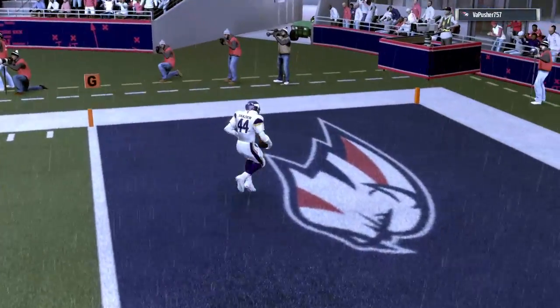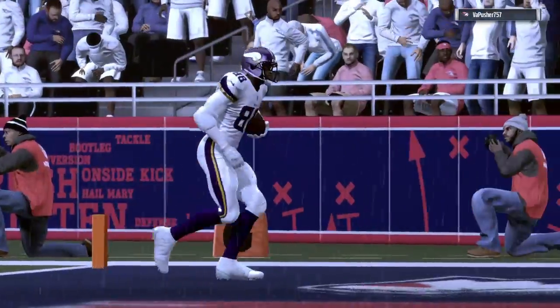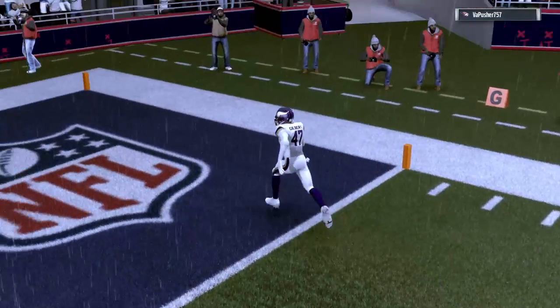So for Minnesota, it's an important win in terms of staying in the postseason race as they move to 6-4. And now it's off to Heathrow as they get set to fly back to the U.S. in a couple